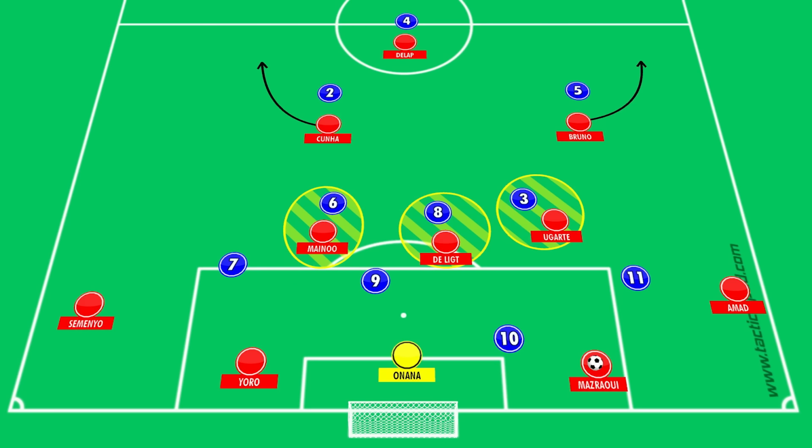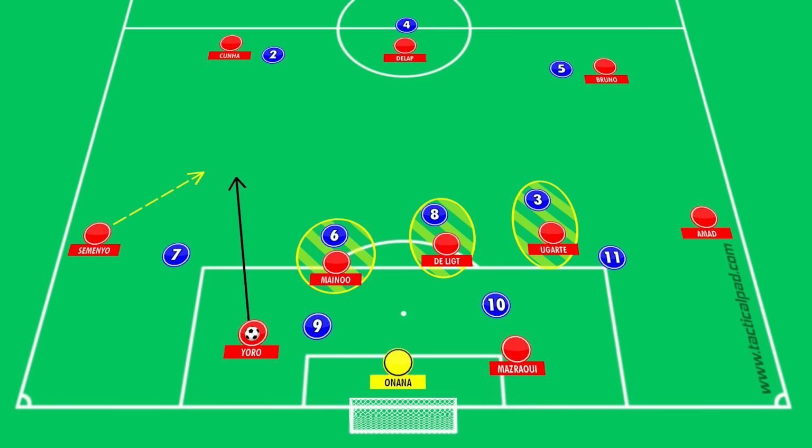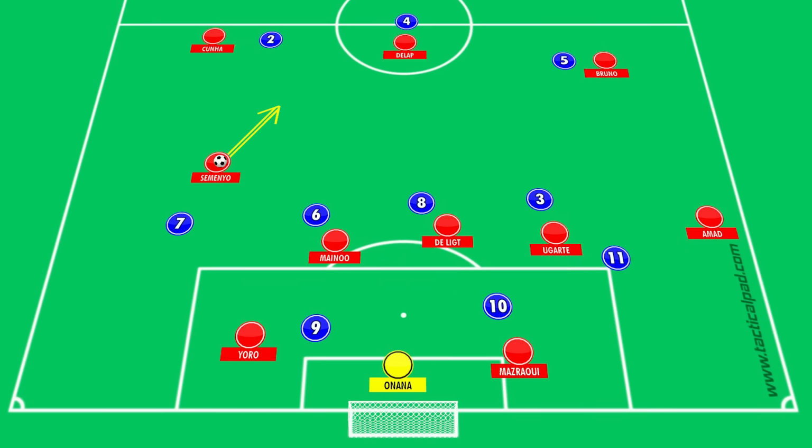Now from here you can then look to work the ball into a position where one of your deeper players has a passing lane open to split the opposition's midfield and front line press, with the double pivot and central centre back making horizontal movements in order to manipulate the positioning of the midfield line, creating space between the players, which combined with Amad and Semenyo starting wide and deep, and then looking to make a diagonal run off the back of the opposition's wide midfielder, who when the ball is on the other side of the box is likely going to be holding a narrow position. This can then work to open up a passing lane for United to progress the ball in behind the opposition's press, finding Amad or Semenyo as a free man in behind the opposition's midfield line,